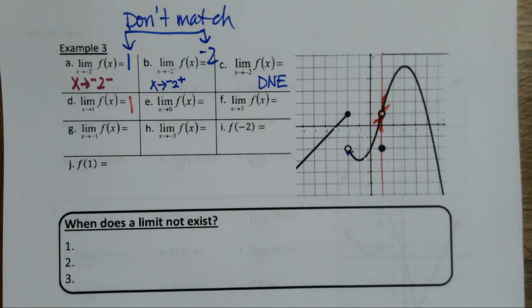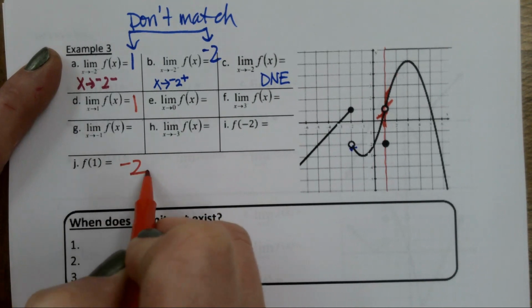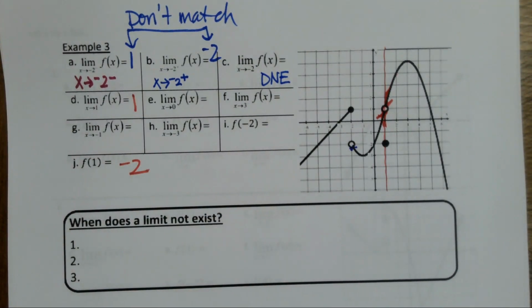So let's jump down here. What's the value? Where is there a solid dot? At -2. Most of the time, again, a lot of the time, often, the value and the limit are going to be the same, especially if the function is continuous. And so the only time I worry about my limit not existing is if I have these breaks and holes